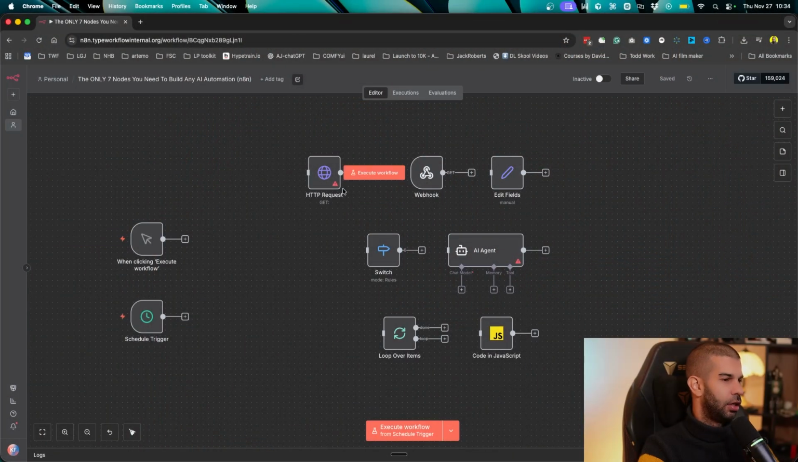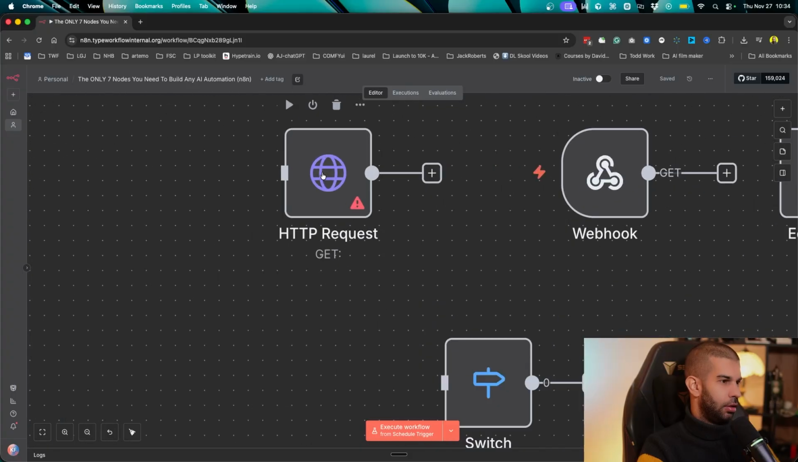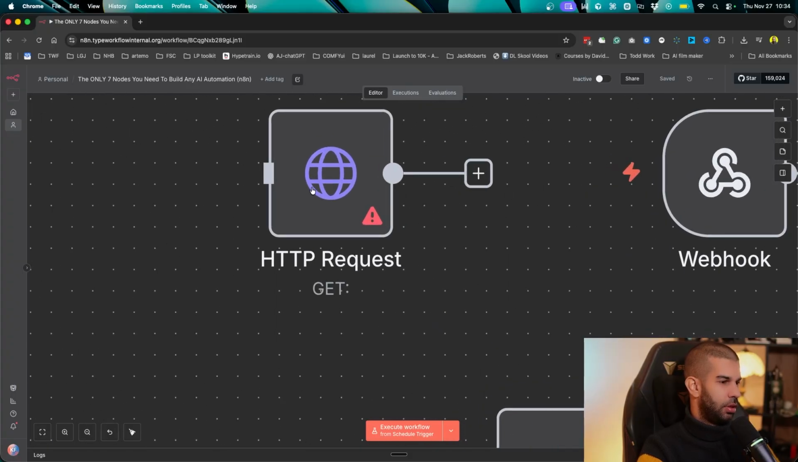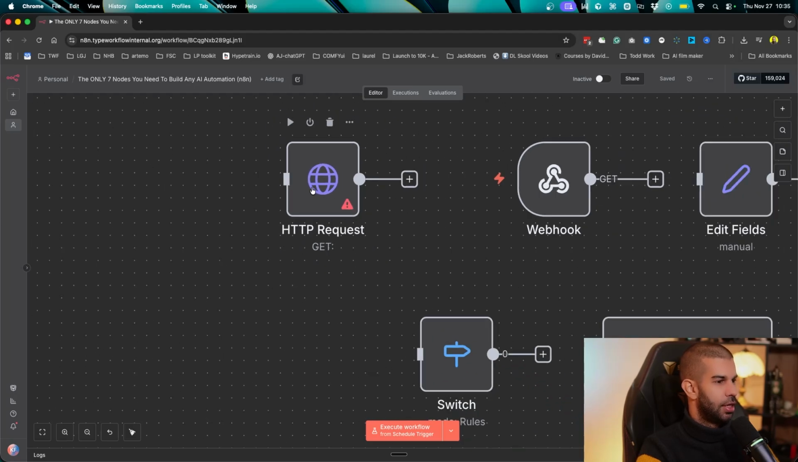So if we jump into n8n, what we have here are these 7 nodes that I consider to be the foundations of any sort of workflow that you build. And if you can master these, you pretty much have everything you need to start building. And if we look at this, the first one is the HTTP request. And I put this first simply because this will open up so many different possibilities in n8n that it's not